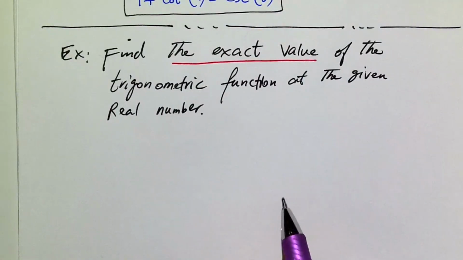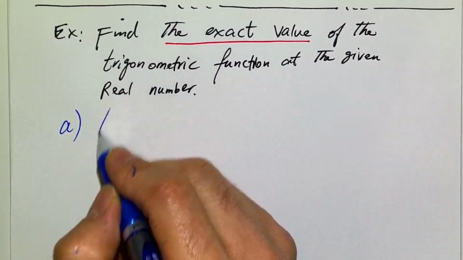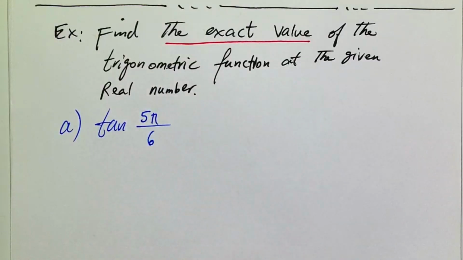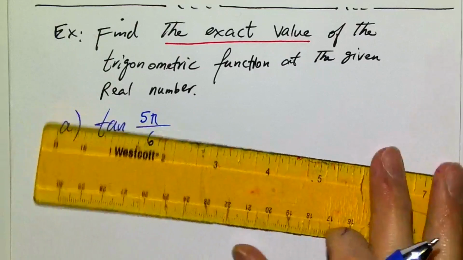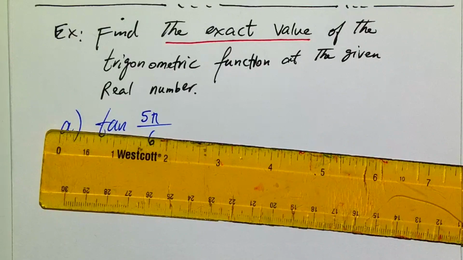So the first one, we're going to do a number of these examples. The first one, let's call it A, is we want to calculate tangent of 5 pi over 6. Okay, so you remember in one of the previous sections, section 5.1, we talked about reference numbers, right? So now that becomes very, very handy here, to connect that topic with this. In these, I'm going to draw graphs, but you don't have to.